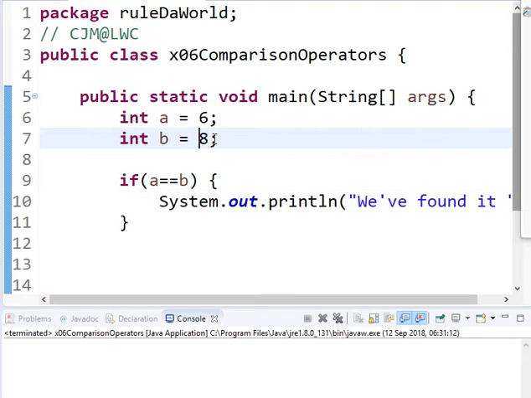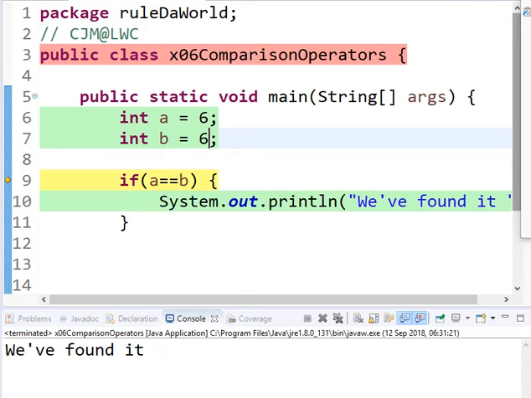If though I make A equal to B and then run it, we found it. It's done it, it's got it. Okay, so